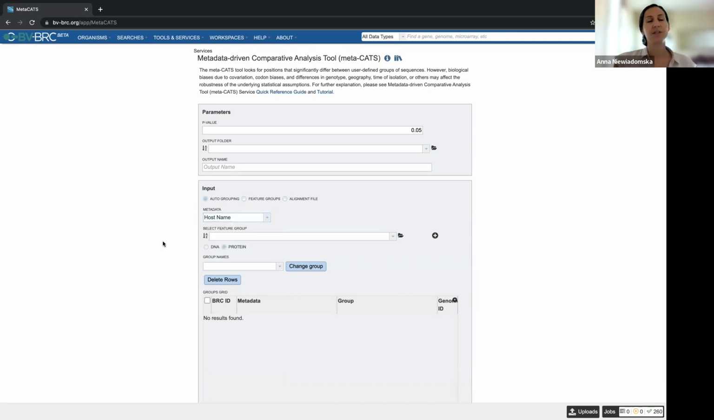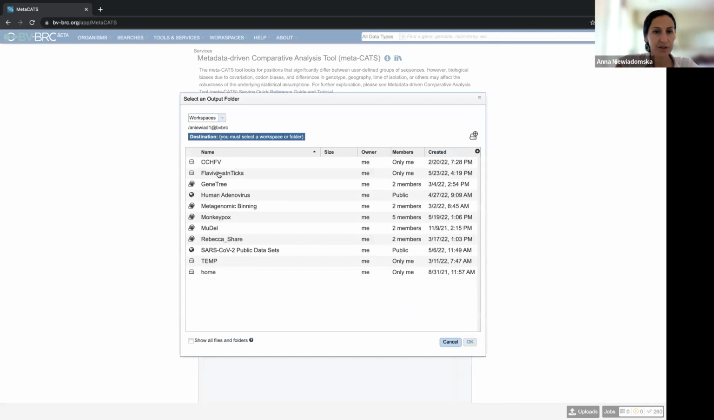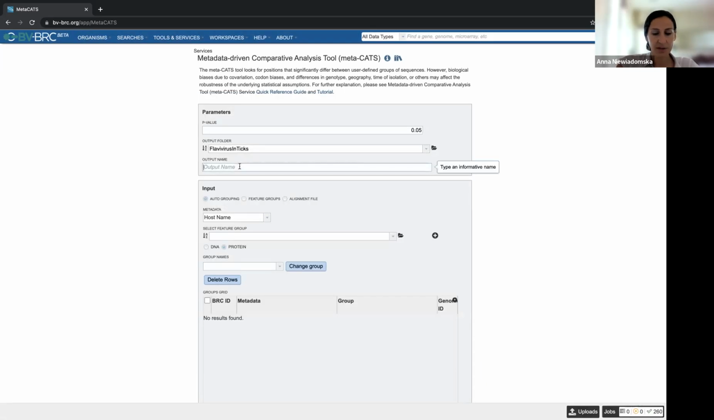So I thought it might be interesting for us to compare whether there's any specific differences in the envelope protein of these three different groups, the Siberian, Far Eastern, and the European. So I went ahead and pre-assembled feature groups for these three different subgroups of Tick-Borne Encephalitis virus. And using our protein search, I collected just the envelope protein for those. So I'm going to go ahead and put our output folder as our Flavivirus and ticks,